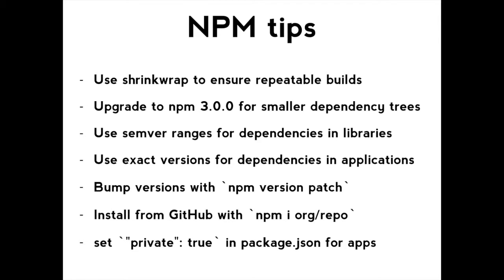Handy little thing for if you're publishing modules, you can use npm version patch or bump or major or minor, and it will move a number for you automatically in your package.json, tag in Git a particular version, and then you can just do npm publish and it will take care of bumping the numbers up for you rather than you having to do that all manually, which is pretty handy.